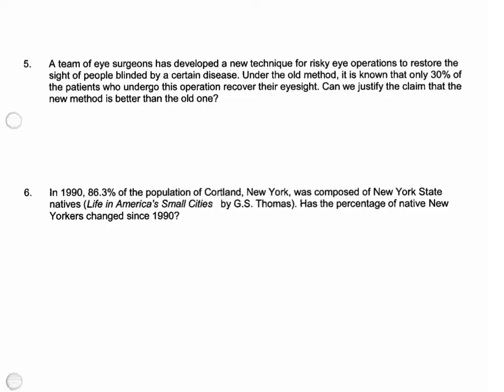So what are we testing? Proportion. It's a proportion. But what are we checking out in this thing? Whether or not it's better. Whether or not what's better? The new method. This problem is about the new method, not the old. That's not what we're talking about. So we're going to start this. I heard people saying as a proportion. So we start with the letter P equals proportion